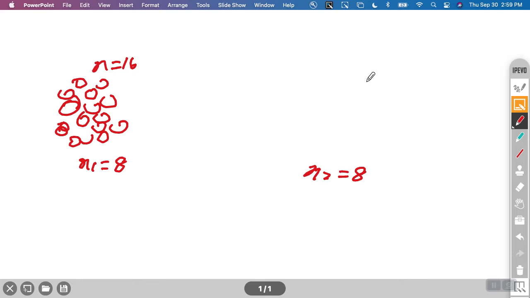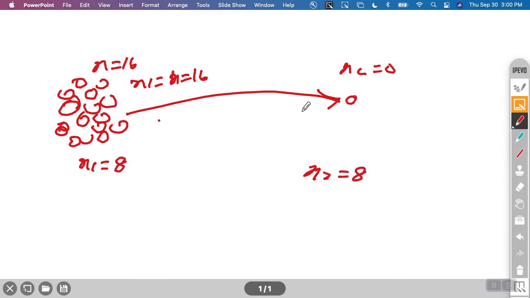Initially n2 is 0, and initially my n1 is 16. I will move one by one item from here to here, and I will check if n1